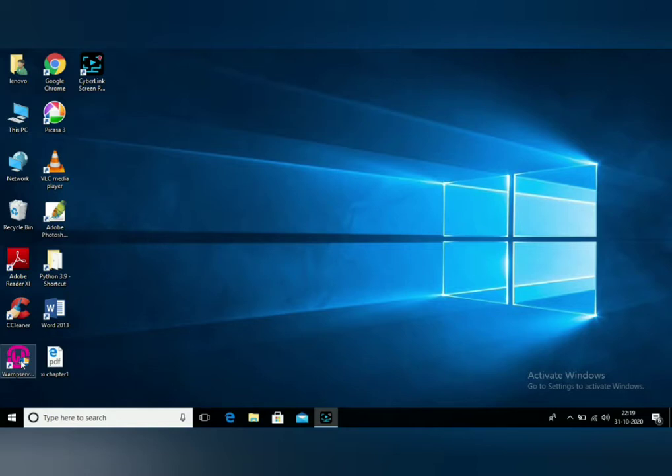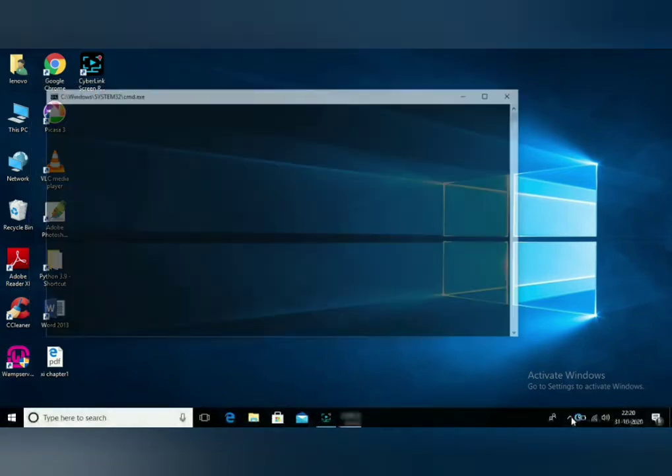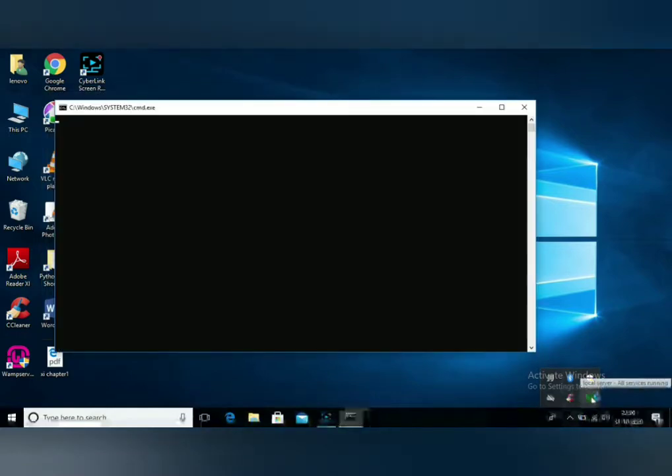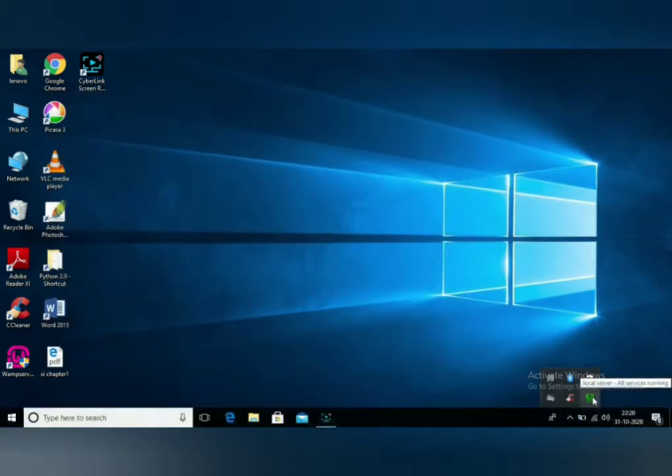So in your system, we first install the WAMP server. Then we double click and open that WAMP server, and in the dialog box we give yes. Then automatically in your taskbar one green color W icon is displayed on the screen.